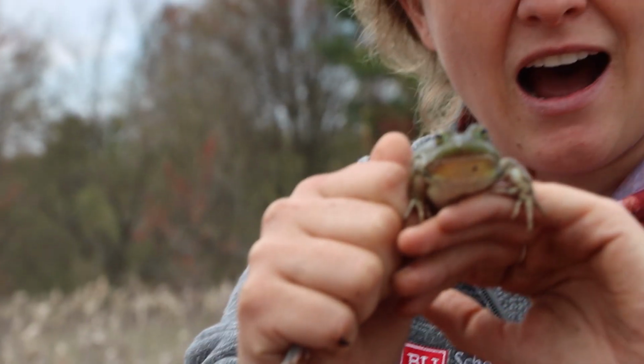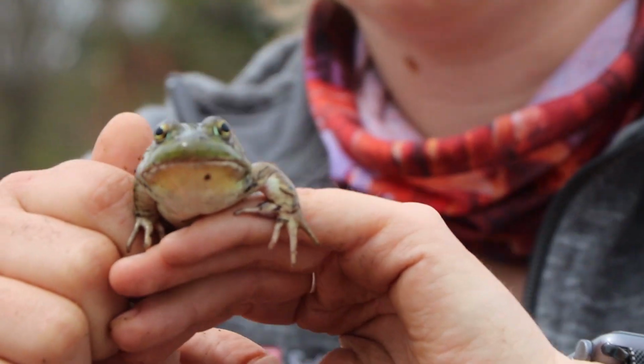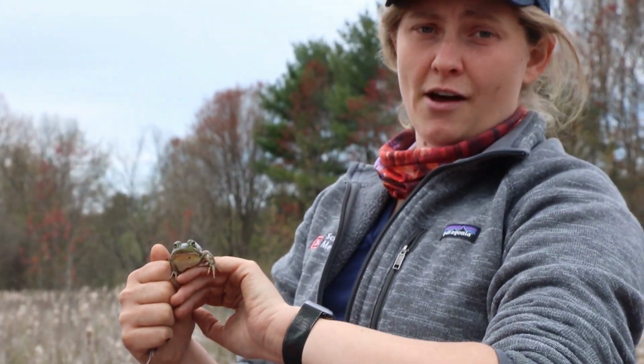You can also see his eyes. He's a very, very good predator in his own right. He can see really well with those eyes, and he'll kind of keep a look at you as we move him. But despite as good of a predator as he is of other small bugs,